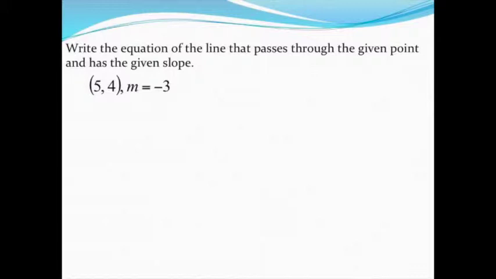I want to write a linear equation, so the equation of a line that fits this information right here. I'm going to choose to do this in slope-intercept form, which is y equals mx plus b. M is going to be my slope and b is going to be my y-intercept. When I do these, I actually think of them as a fill-in-the-blank type question. So I've got y equals something times x, which would be my slope, plus something else, which will be my